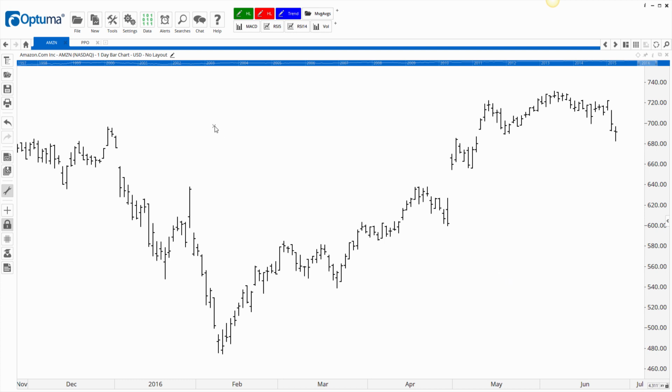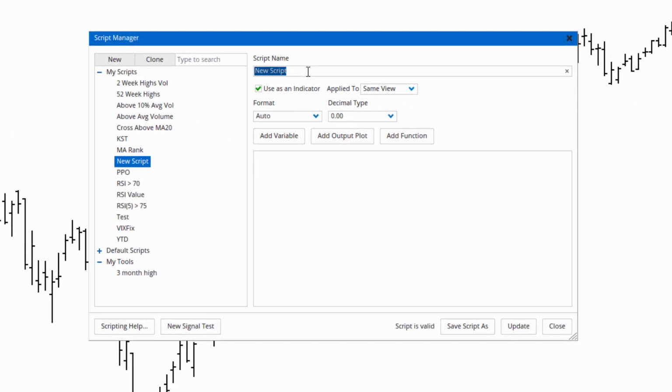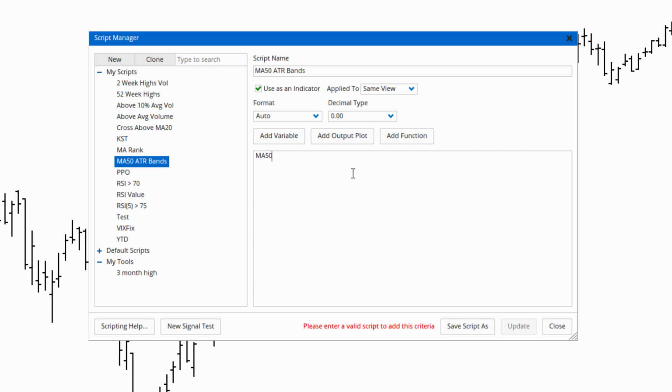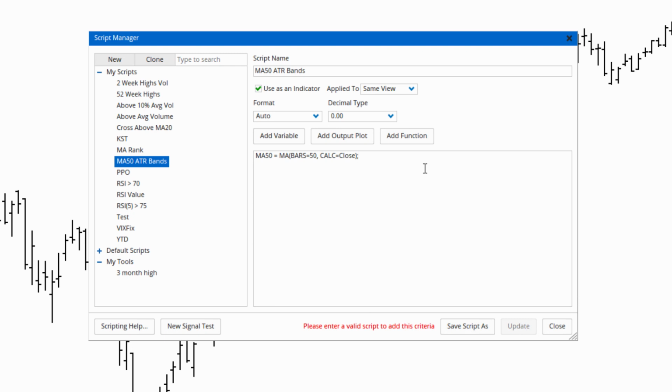So we can do that by creating our own tool. So click on the new menu, script tool, and I'm going to call this MA50 ATR bands. Use it as an indicator and apply to the same view, which means it's going to be applied to the price scale that I click on. So I'm going to create a variable, let's call it MA50 equals MA, change the condition, clicking on the text, simple close, finish the variable with a semicolon,